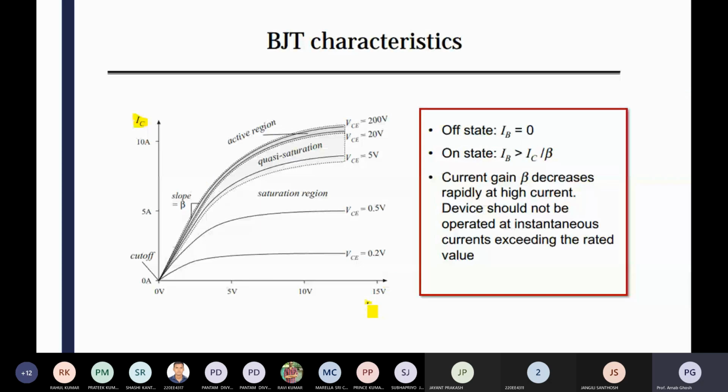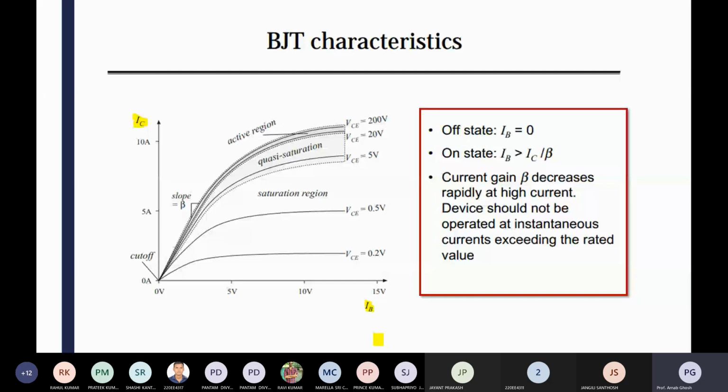If you control the value of IB, the IC value will be controlled, because the channel resistance will differ as the polarity and the current intensity of IB change. The charge carrier concentration in the channel changes. If that changes, the flow of the current IC will sometimes be hampered and sometimes be very smooth, depending upon the value of IB.